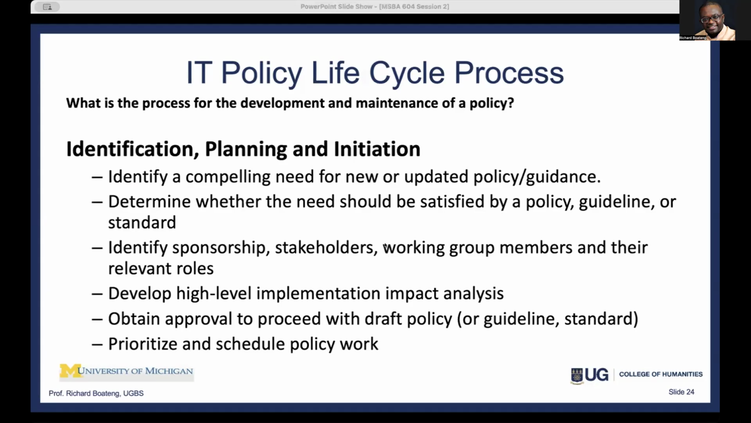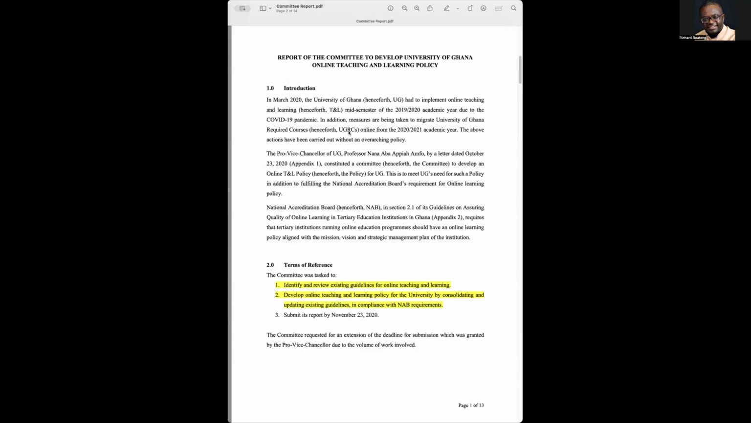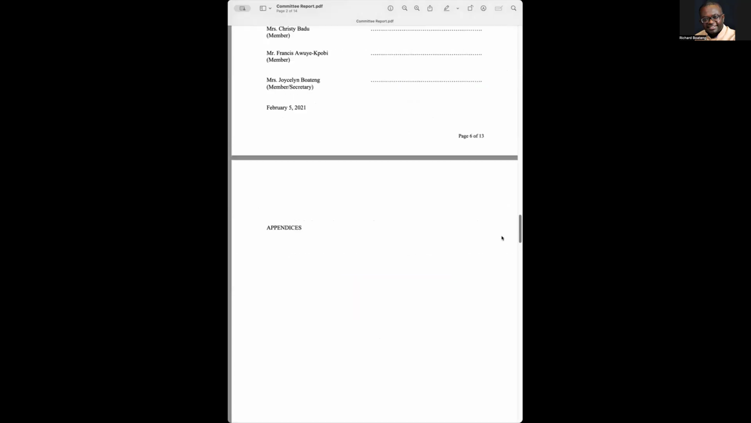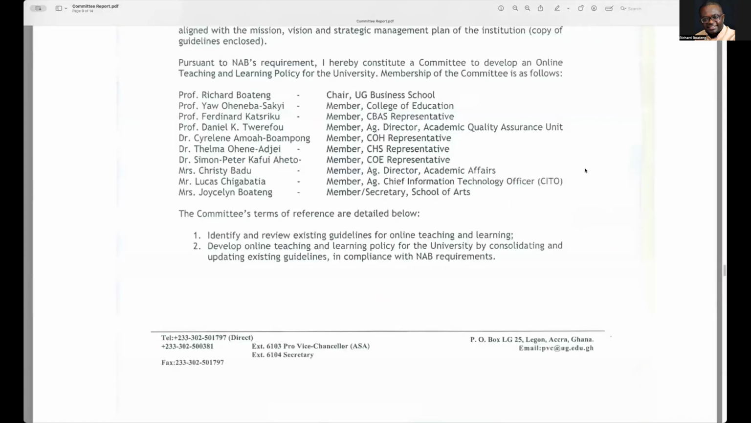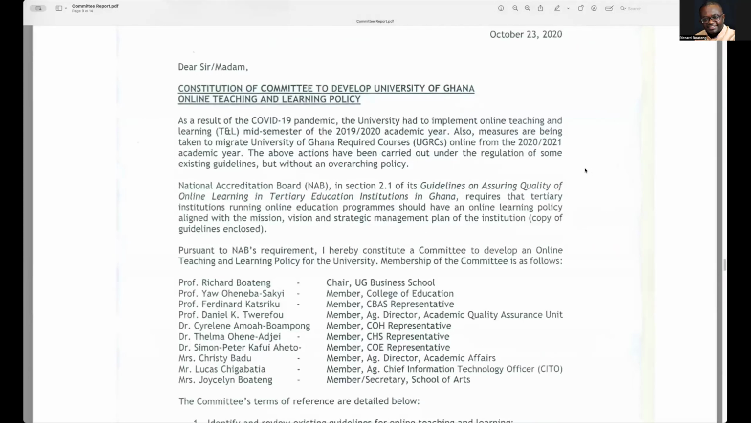So this is it. This is our report. Okay, so in our report, after we finish with this report, but I want to show you that this can be why you should develop a policy. So look at this. This is a letter from the VC. As a result of the COVID-19 pandemic, this is a university level instruction, had to implement online teaching and learning mid-semester of the 2019-2020 academic year. Measures were being taken to migrate University of Ghana required courses